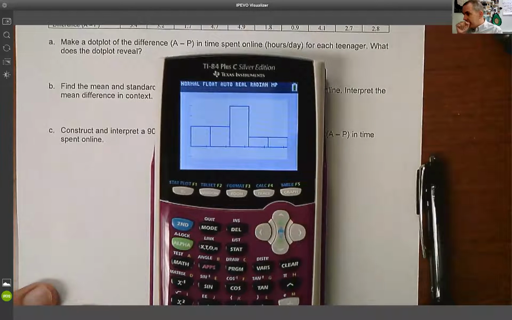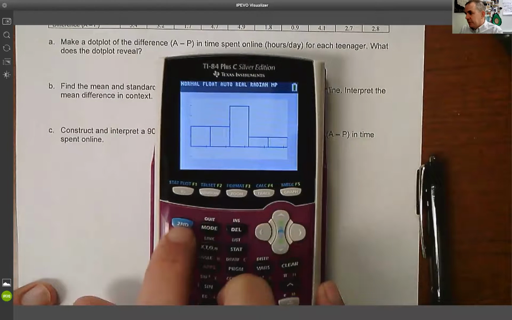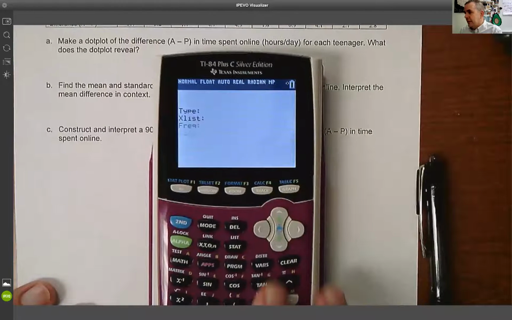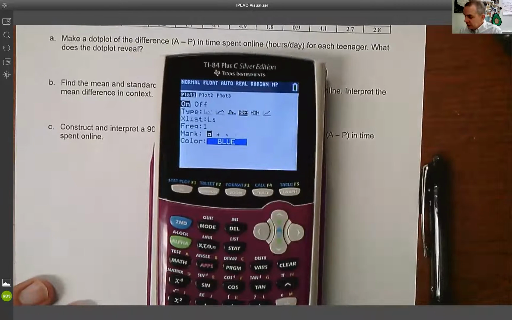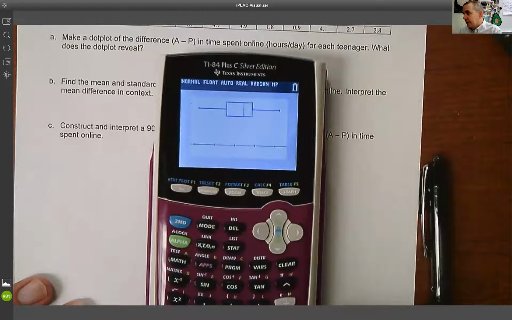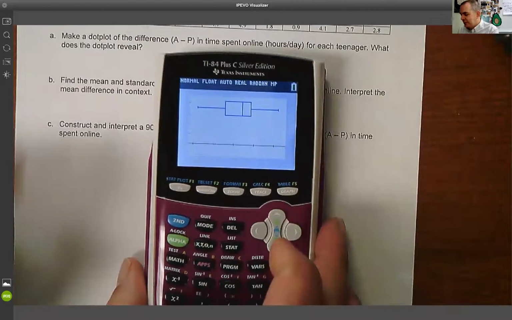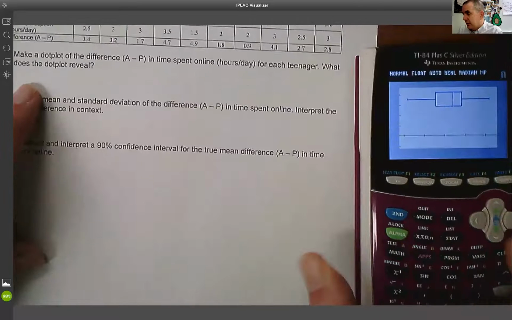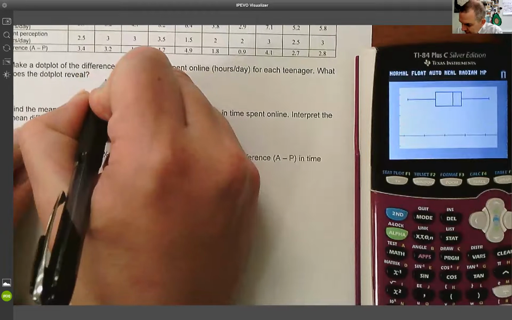So now what I'm going to do is, histograms show me skew. So I'm going to do second y equals, go back to stat plot. But now I'm going to turn on box plot with outliers, because this does a really good job of showing you outliers. So in this case, there are no outliers. So what I would do is I'd copy this box plot down. I know it says dot plot here, but I'm just going to be honest with you. If you're putting the data in the calculator, I would go ahead and put down the box plot.